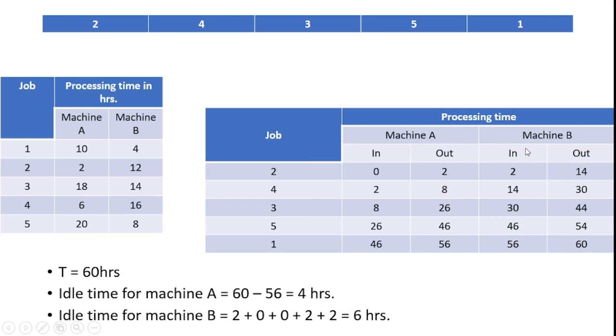So which is the idle time that is available with the machine B? So 2, plus in the fourth job there is no idle time, and the third job also, the previous one completed at 30 and the third job started at 30, so there is no idle time. After that, 2 hours idle time. After that, 56 minus 54, there is another 2 hour idle time available. If I add both, I can get 6 hours. Likewise, I can identify the idle time for machine A and idle time for machine B, and also the total elapsed time to perform n jobs through m machines.